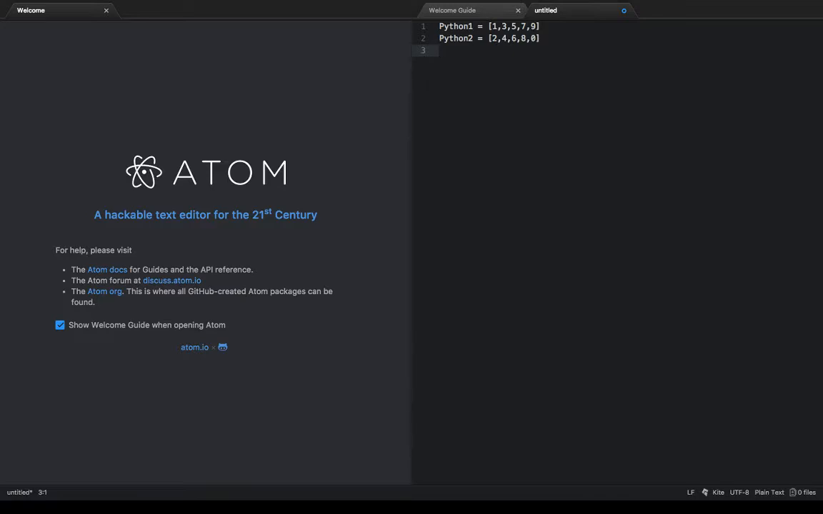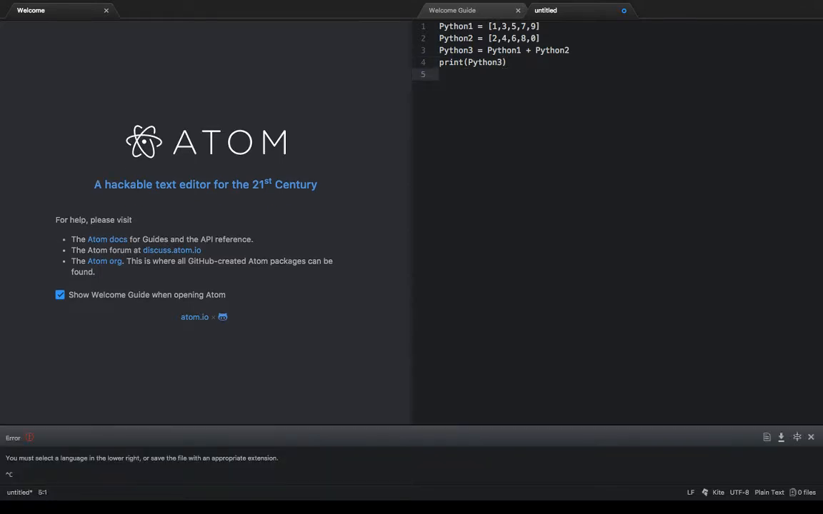Just type in Python3 equals, which means we're initializing a new variable, Python3, which is equal to the sum of Python1 plus Python2. Okay, now we just want to print Python3, because that's the sum. Print Python3. Okay, so when we first do this, it's not going to work, most likely, and yes,